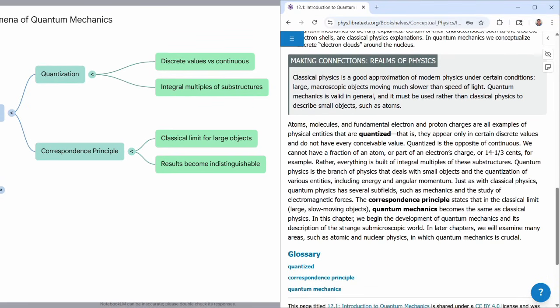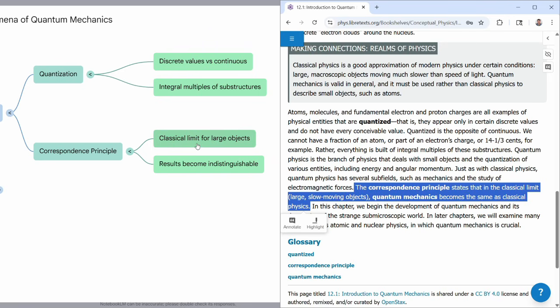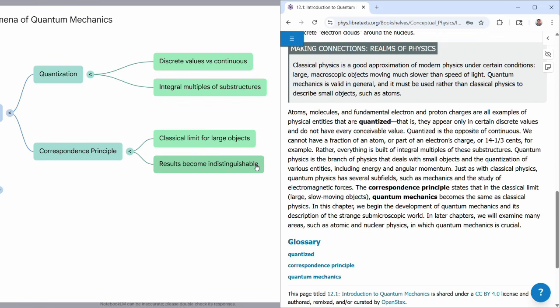It has to do with the fact that our scientific knowledge so far through classical physics is experiment-based. So the newer theories in modern physics, quantum mechanics and later special relativity, have to reduce to the classical limit when we are in the regime that looks like what we are looking at in classical physics. So for quantum mechanics, the counterpart is for large objects. That's when the quantum mechanical results should become indistinguishable from classical results.